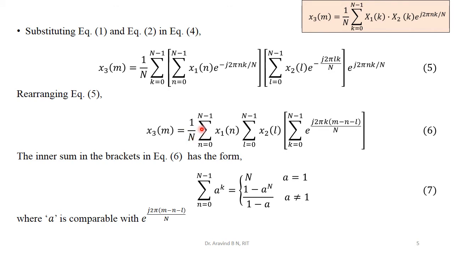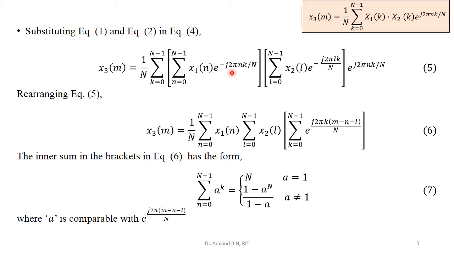Then summation n equal to 0 to N minus 1 is written first and taken outside, followed by x1 of n. Similarly, this summation along with x2 of l has been taken over here: summation l equal to 0 to N minus 1 x2 of l. Then further